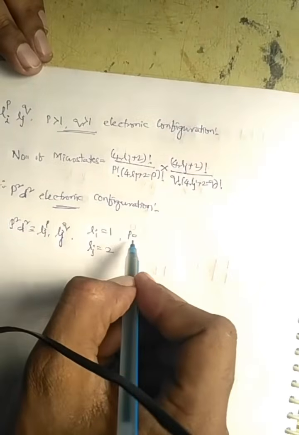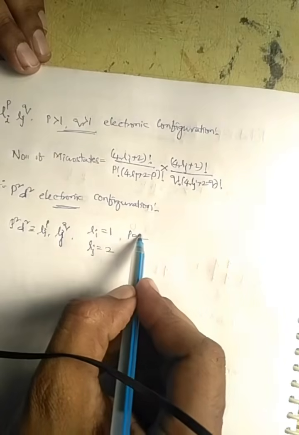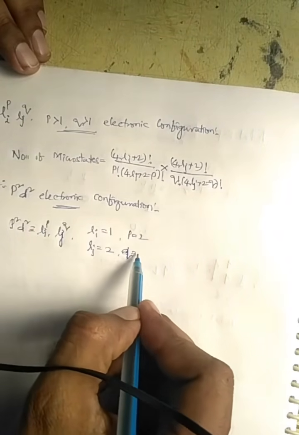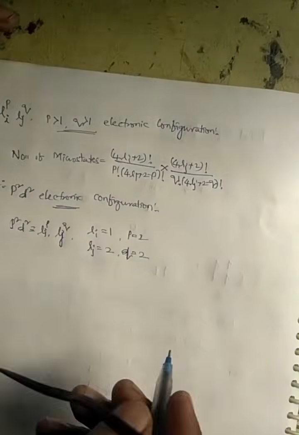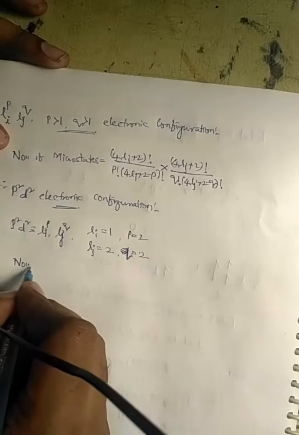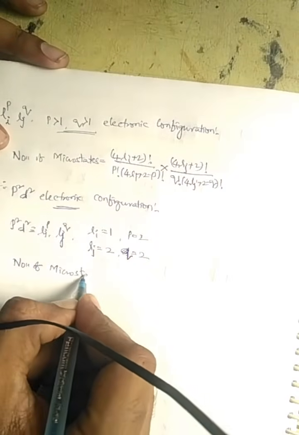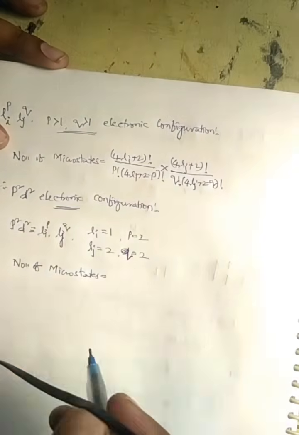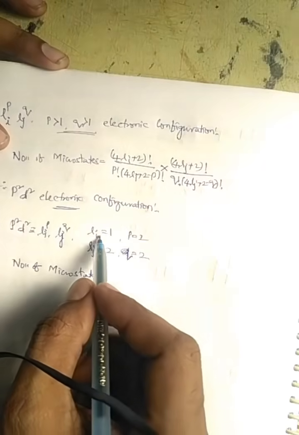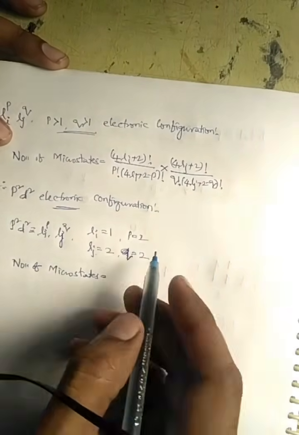P is the number of electrons on the p orbital, that is 2. The number of electrons Q is the number of electrons on the d orbital, that is 2. So now the number of microstates for the P2D2 electronic configuration is,